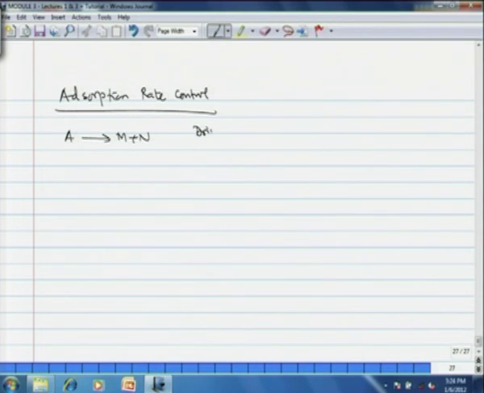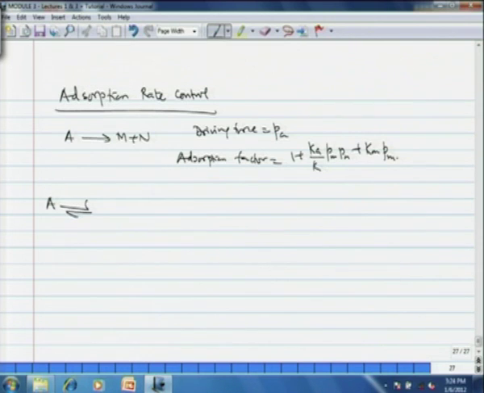Now, in this case, the driving force is equal to partial pressure of A, P_A, and the adsorption factor is 1 plus K_A by K into P_m into P_n plus K_m into P_m. If it is a reversible reaction, A going reversibly to m plus n,